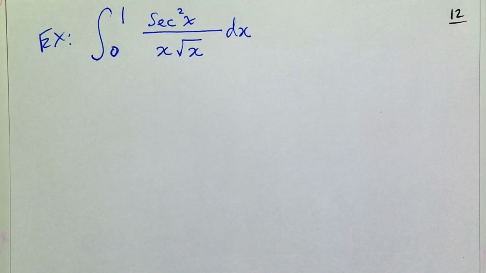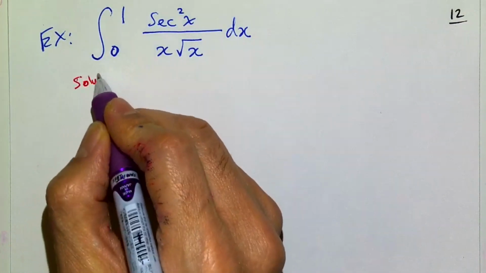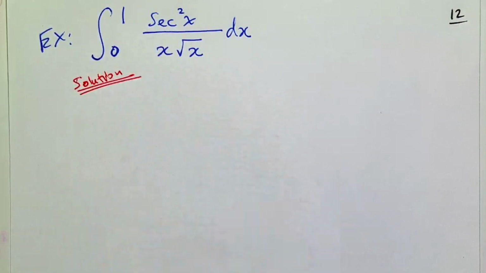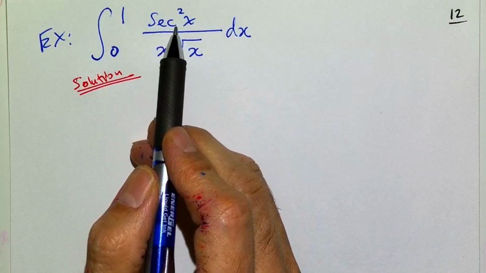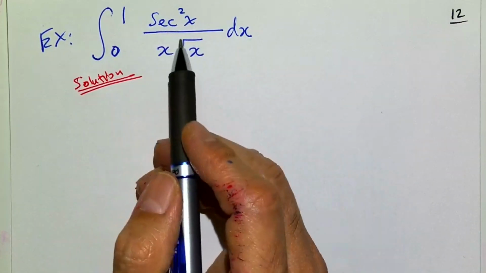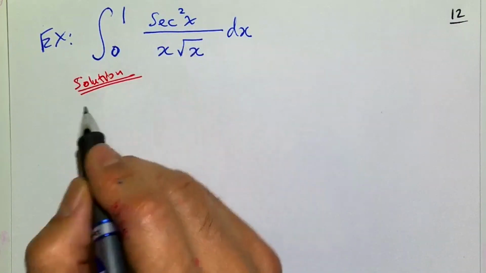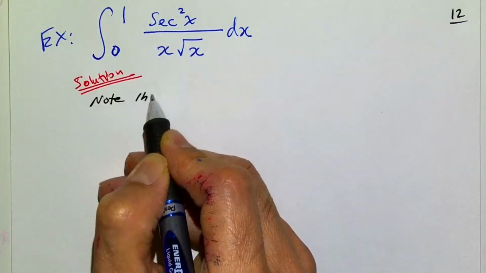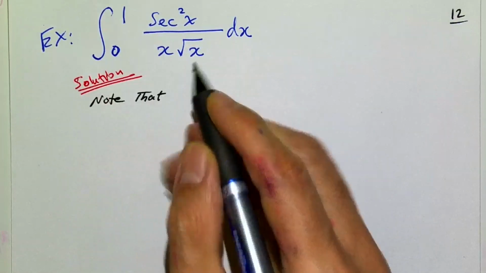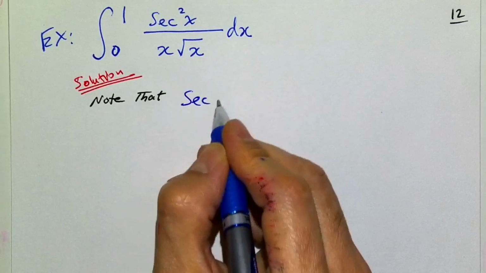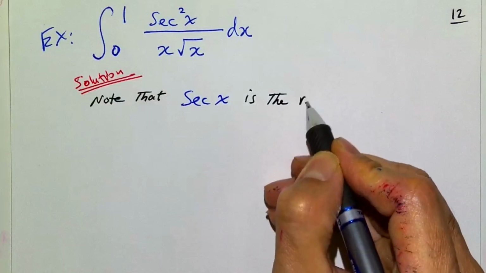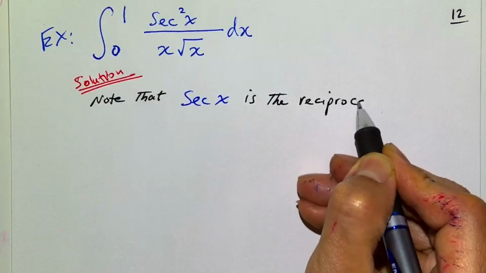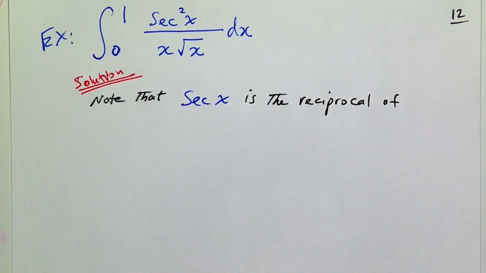But one other thing you should notice here, and let me start the solution here. Note that this function, secant x, this is from trigonometry, is the reciprocal of the cosine function, right? So let me write this down. Note that secant x is the reciprocal of the cosine of x function,